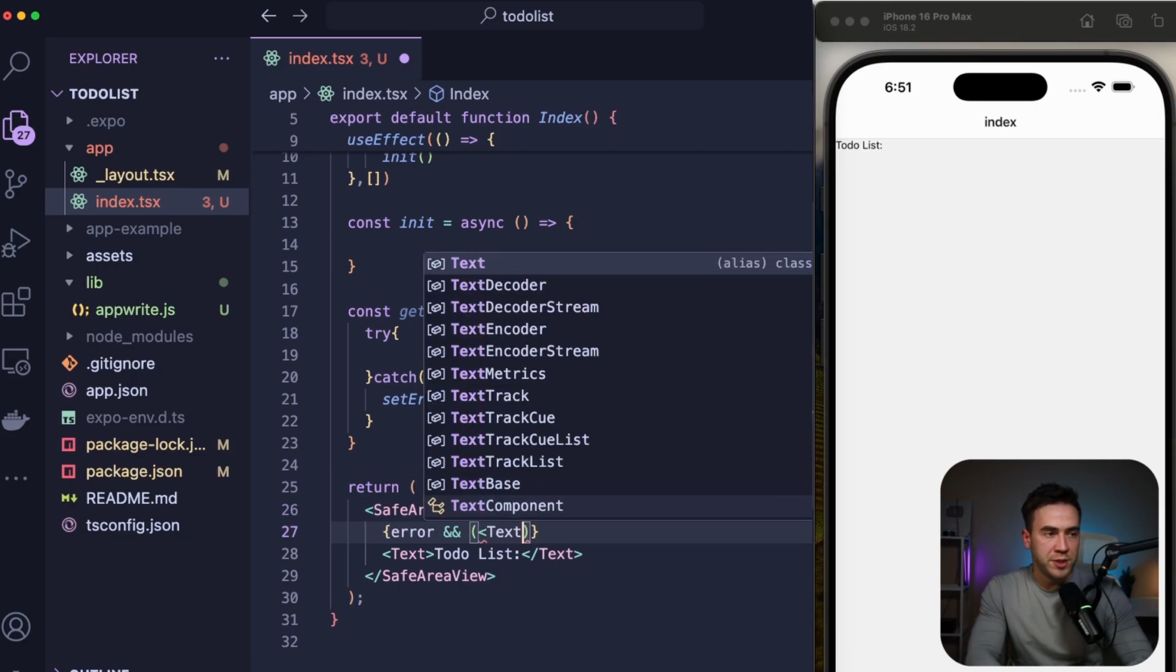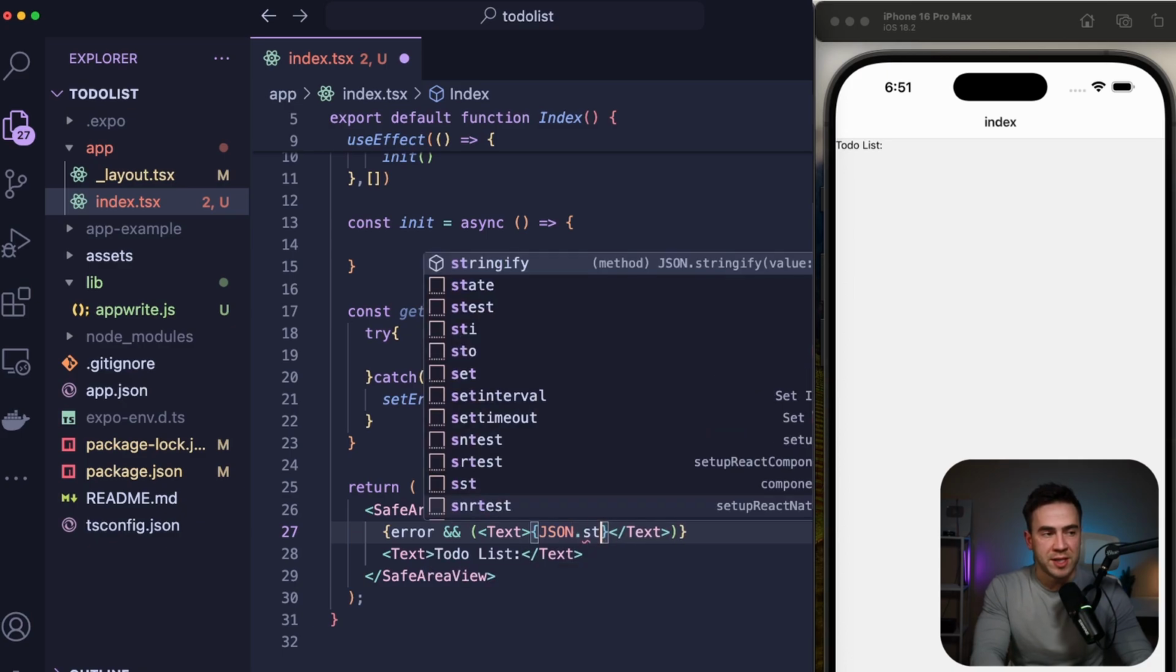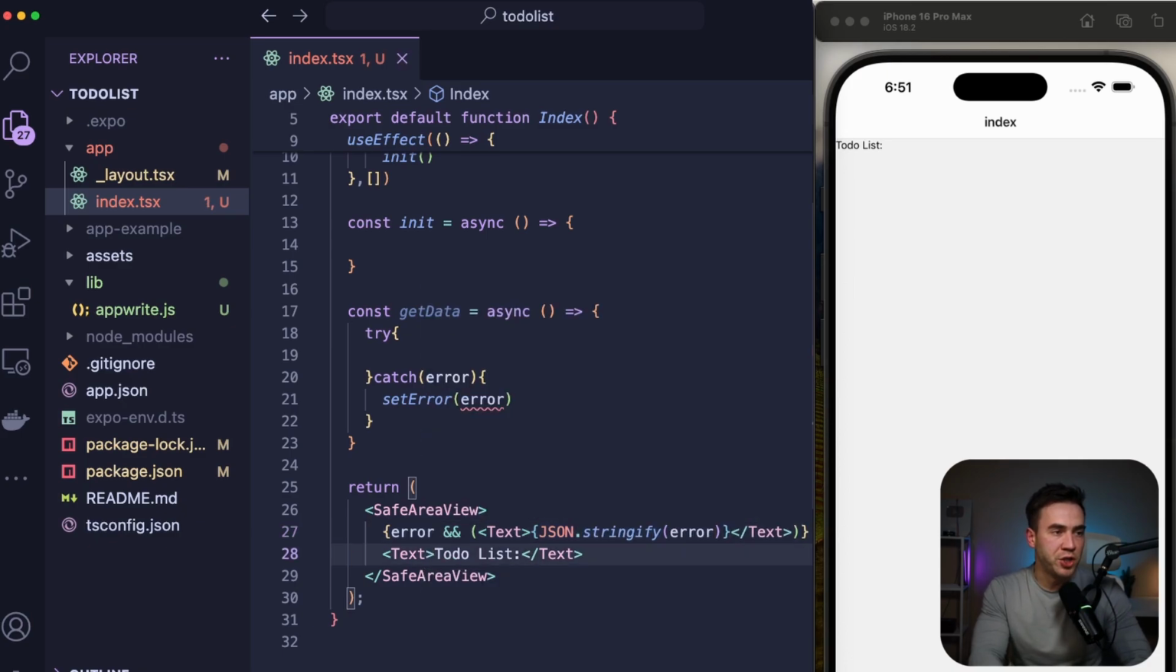We're going to render this out. And for now, I'm not going to worry about styling. We're just going to stringify this and make sure that some kind of error actually appears there. Now, to complete this request, we're just going to go ahead and call